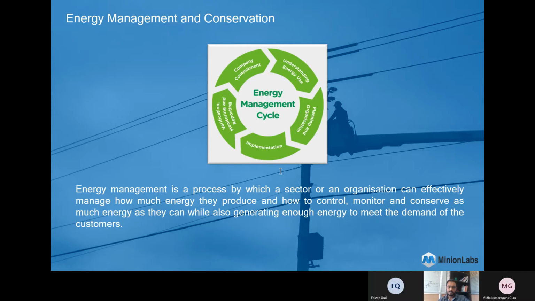Energy management systems are used by power system operators to monitor power grid operating conditions and control grids in a reliable, secure, and economical fashion. An energy management system interfaces with the grid through supervisory control and data acquisition, that is SCADA systems. SCADA systems transmit thousands of measurements of critical points of the power system in real time to the energy management system, and command signals from the EMS to the field devices to take control actions.